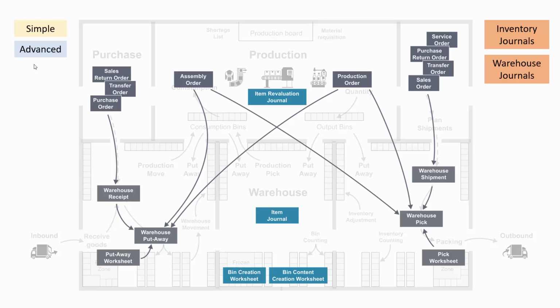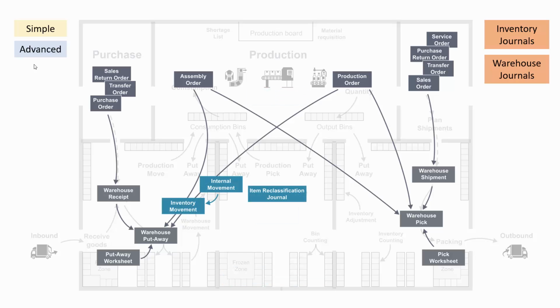There we also have the bin creation worksheet and the bin content creation worksheet. Those are most used when making new bins in inventory by expanding inventory or starting to use bin functionality in the warehouse, and the bin content creation worksheet helps us create content for those bins that we can afterwards synchronize in an item journal. To be able to move in the warehouse, we have either the item reclassification journal, or we could make moves on inventory movements that are created from internal movements. Those are all documents meant for handling our moving functionalities in the warehouse.